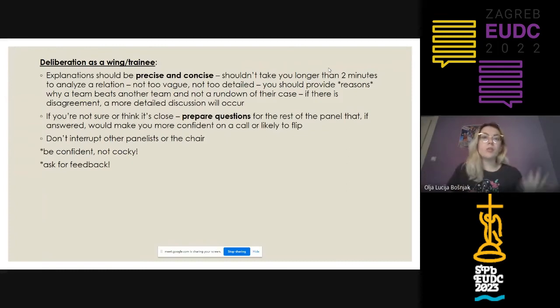And then again, you might be persuaded by them, but don't just automatically assume that you're completely in the wrong, or whatever they say, you're just going to be like, yeah, that makes sense, I'm going to flip. You don't have to. You can be completely honest with people. And very important, ask for feedback if you're a trainee or a wing, or even as a chair, but specifically when you're starting,